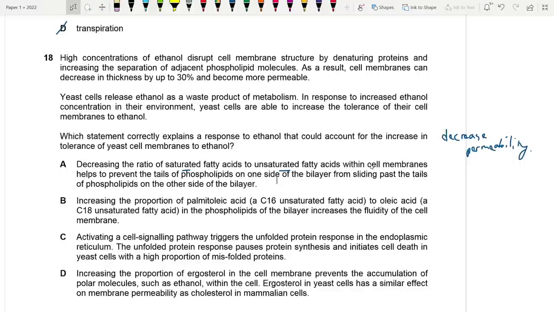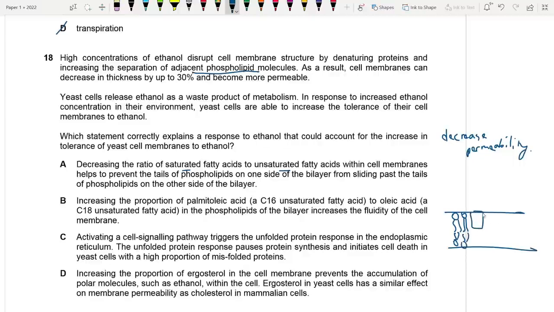High concentrations of ethanol disrupt cell membrane structure by denaturing proteins and increasing the separation of adjacent phospholipid molecules. This is the key point. This is how ethanol acts. This is the bilayer, right? This is what it looks like. What ethanol does is,